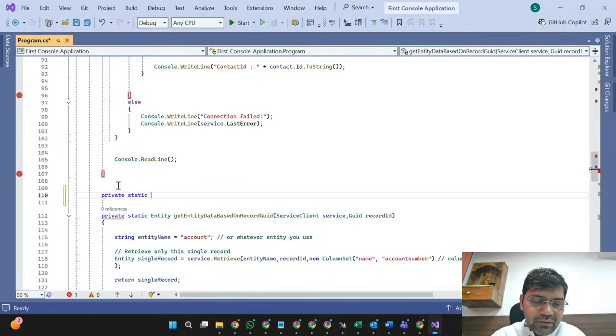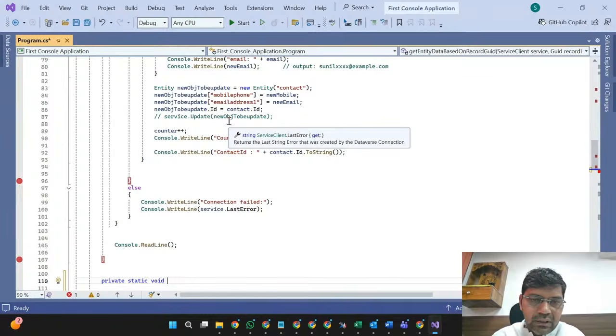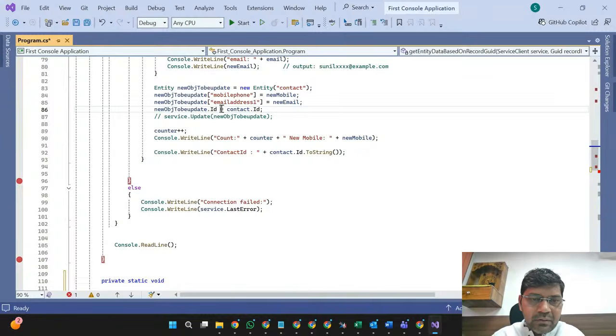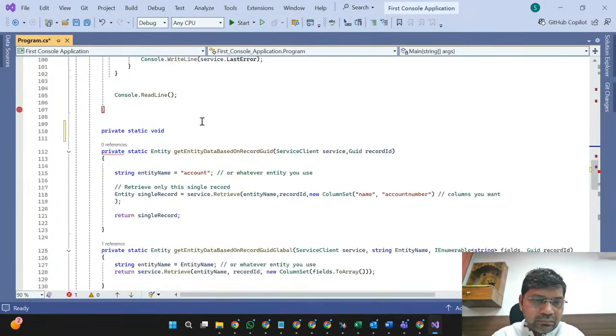What is the benefit of a common function? What is the meaning of void here? Can someone tell me? What is the purpose of this one? Service dot update, data masking.